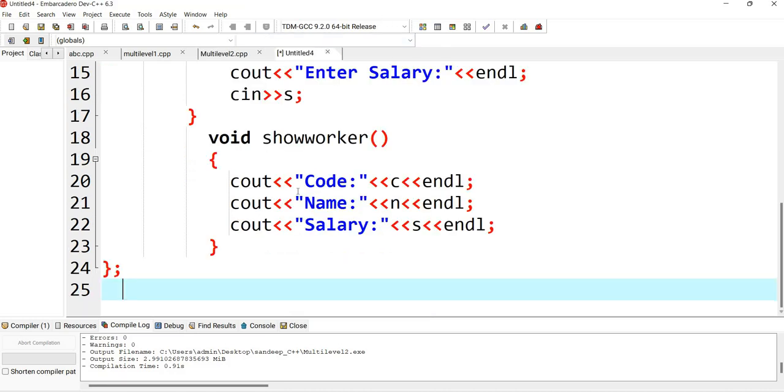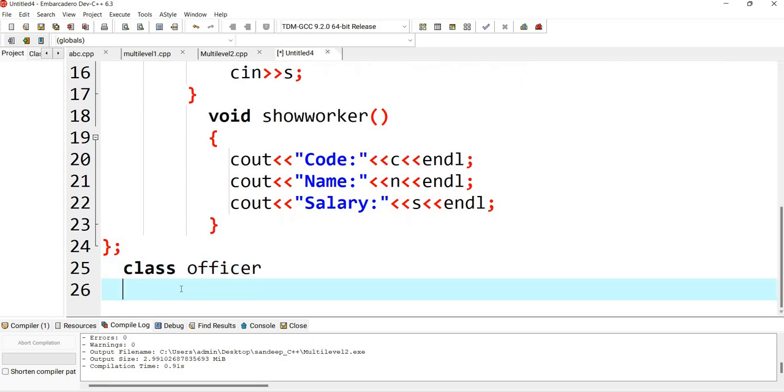So I'll just be creating a class which is officer, but this is a base class, it's not a derived class.